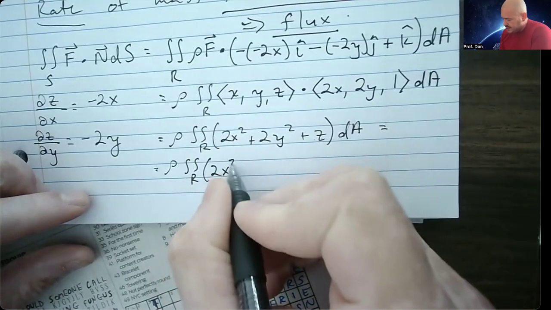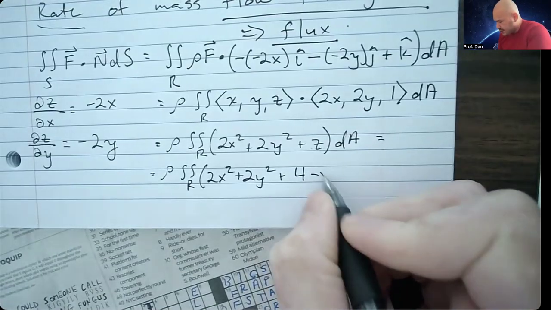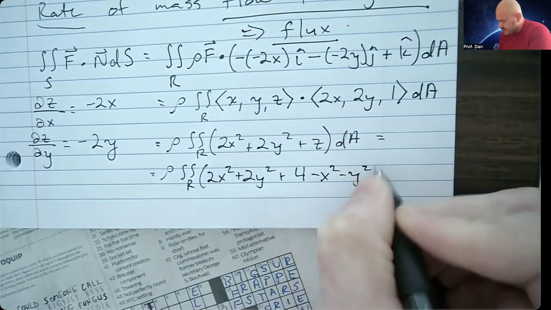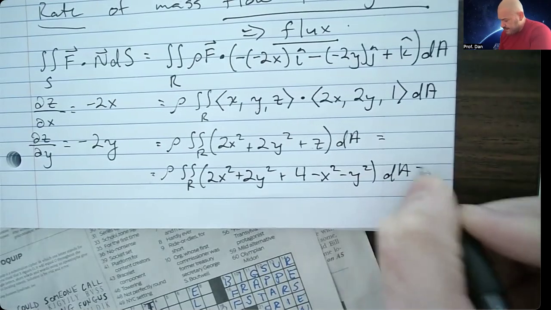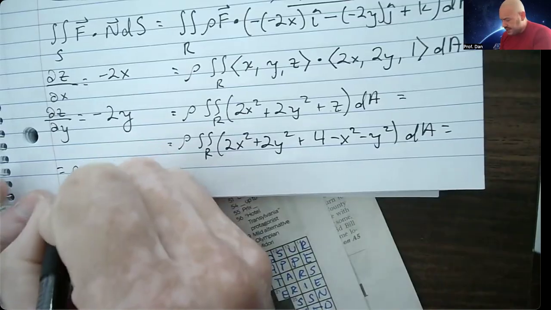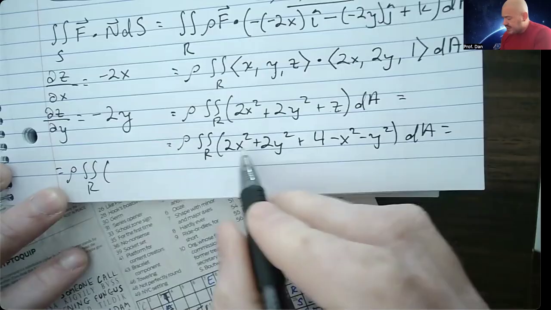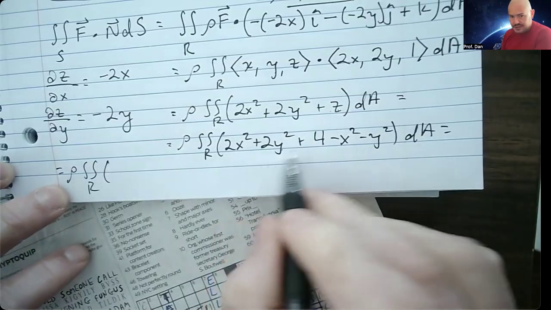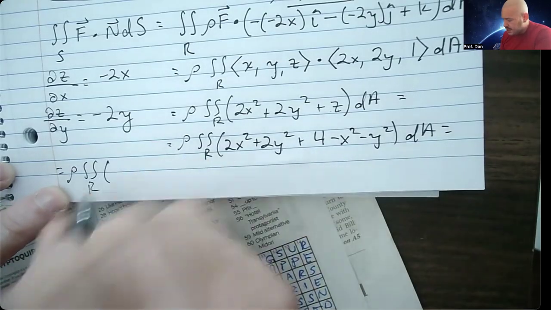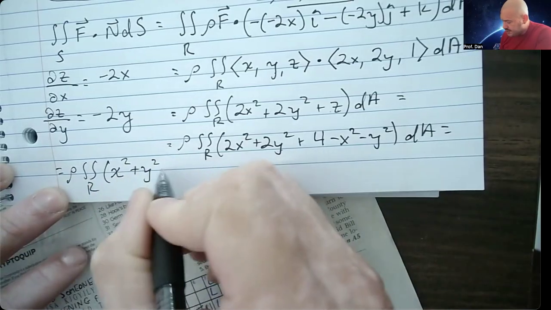So I get 2x squared plus 2y squared, and then instead of z, we're going to write 4 minus x squared minus y squared, dA. Now, if I combine like terms, I have rho double integral over the region R. Now I'm only going to have one of each of these. All right, so we have x squared plus y squared plus 4